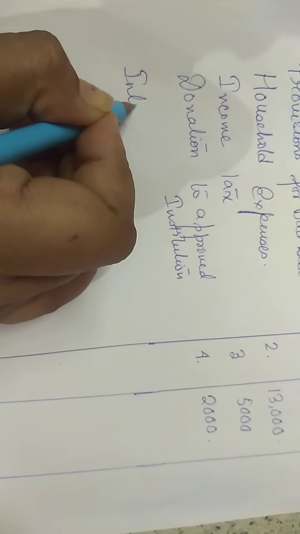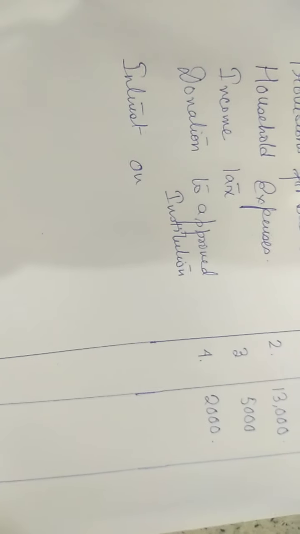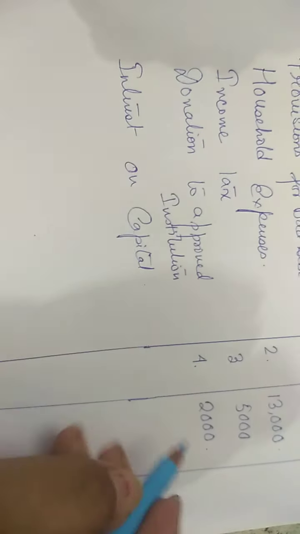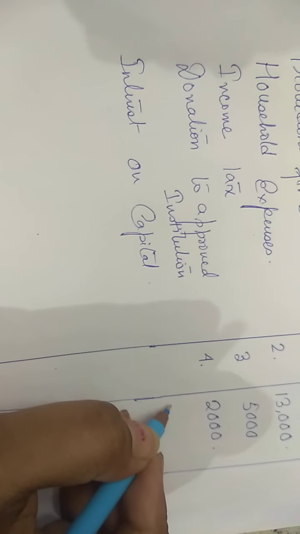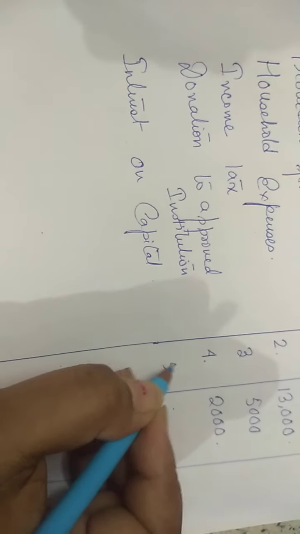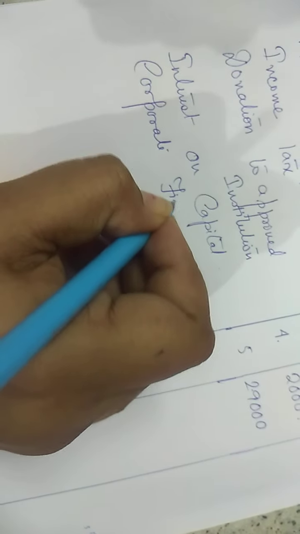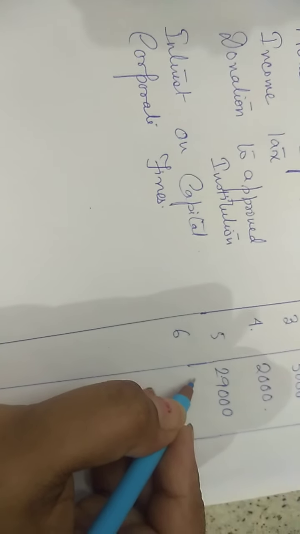Okay. Next is interest on capital that I told you. Interest on capital is paid to himself, so it cannot be deducted. Interest on capital, how much? 29,000. Then we have corporate fines. No kind of fines and penalties can be deducted. Corporate fines, point number 6. As I'll write to note number 6, I'll write 6,000.